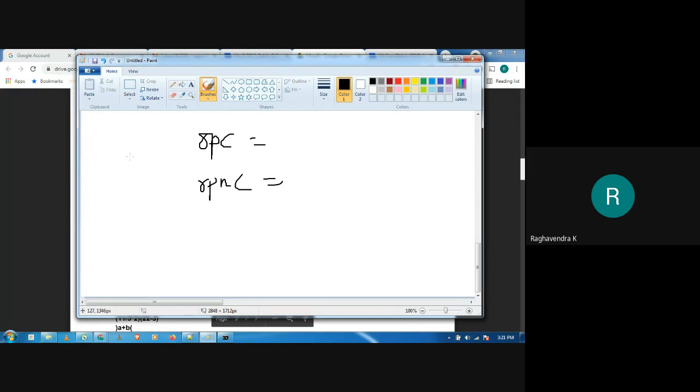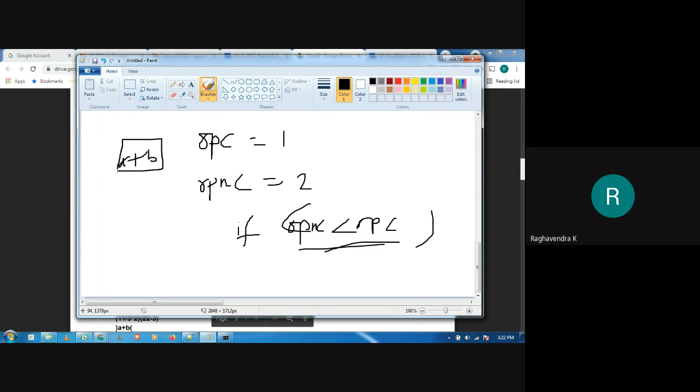For example, if it is A plus B, operator count is 1, and what about operand count? 2. So if I check whether OPC is 1 less than the operand count, if it is some logic like this, then I will get to know that this is a valid expression.